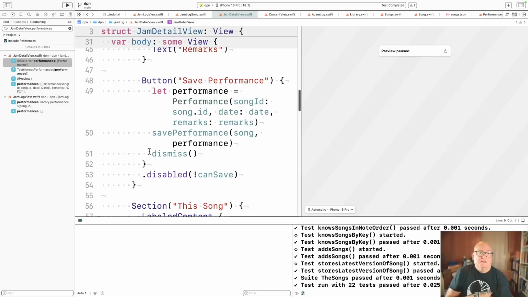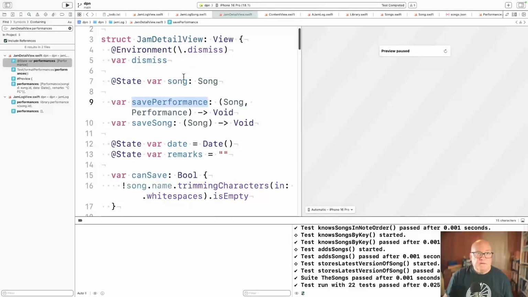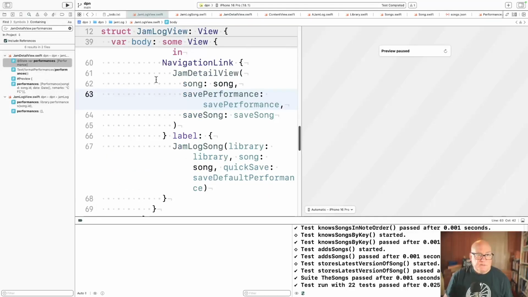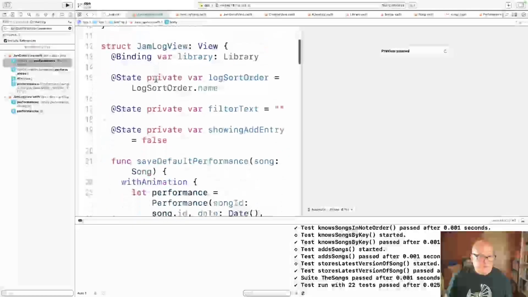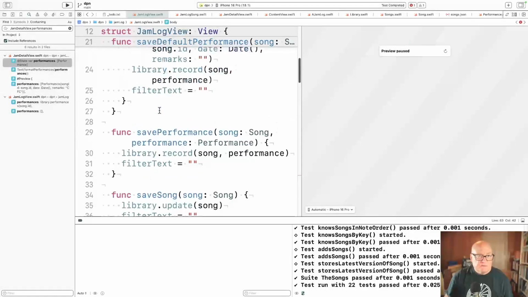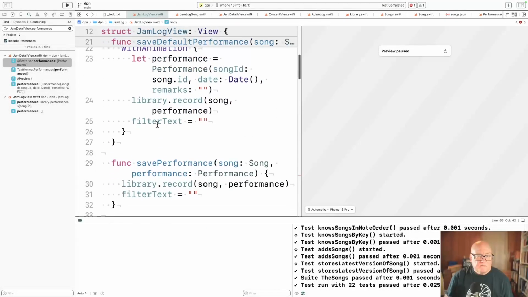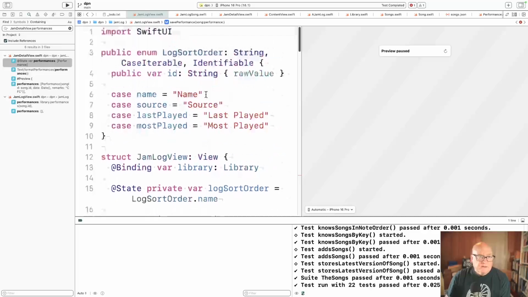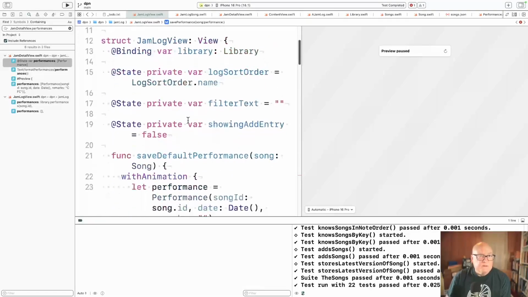Yeah, it's pulling the stuff from the field, so it's going to have to call something to do the performance saving. And JamLog view, save performance, pulls that in together. And I think detail view has to know the performance, so there's no shortage there or no way out there. Now, performances though, well, we got library.